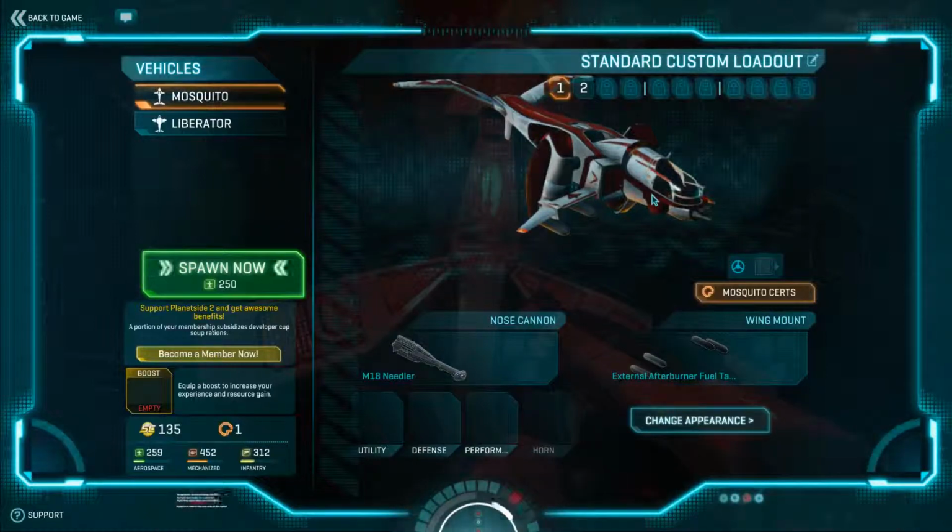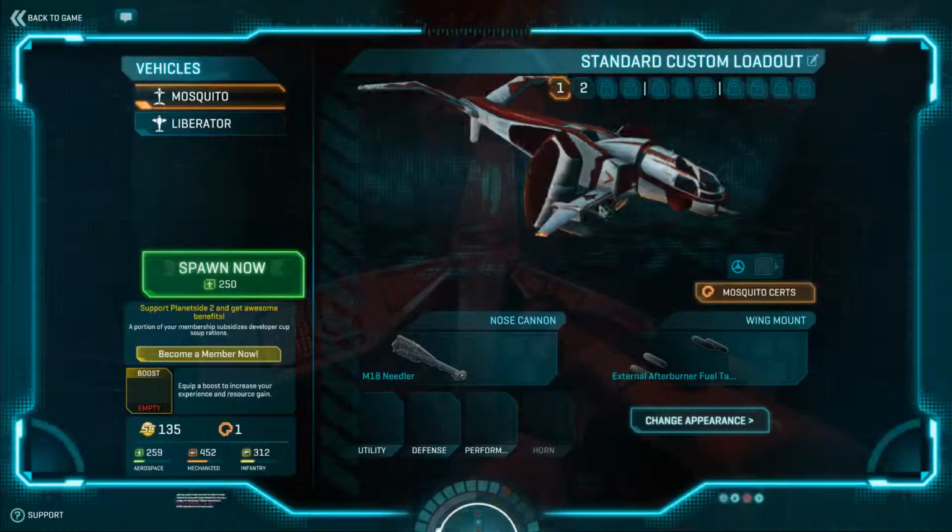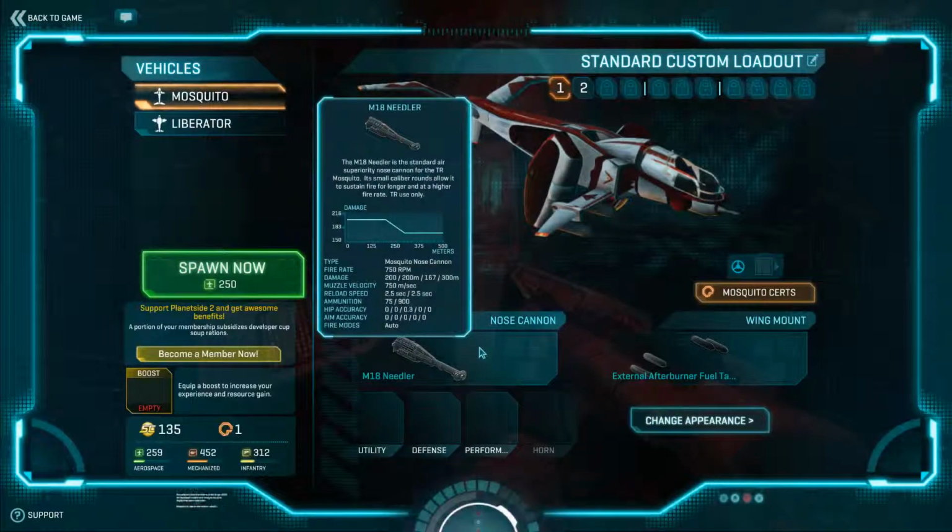The Vanu Sovereignty gets the Scythe, I think it's called, and the New Conglomerate gets the, I can't remember now. I don't remember what the New Conglomerate have. I don't really play airplanes as New Conglomerate. If you are a New Conglomerate player and you see this video, please leave in the comments below what that is named. Oh, the Mosquito starts with a Needler. It's basically...